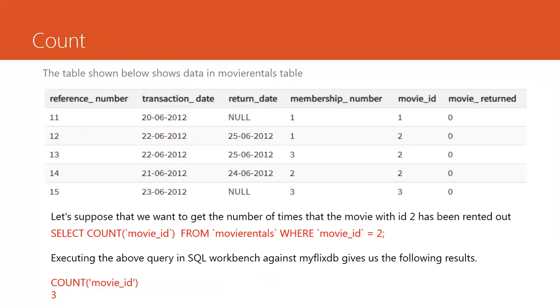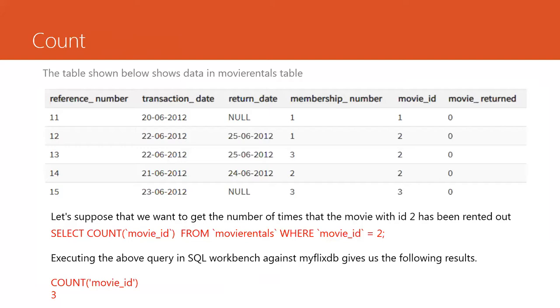The table shows the data in the movie rental table. It contains reference number, transaction date, return date, membership number, movie ID, and movie rented. Let's suppose that we want to get the number of times that the movie with ID 2 has been rented out.